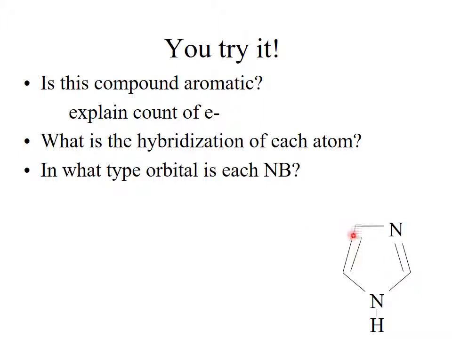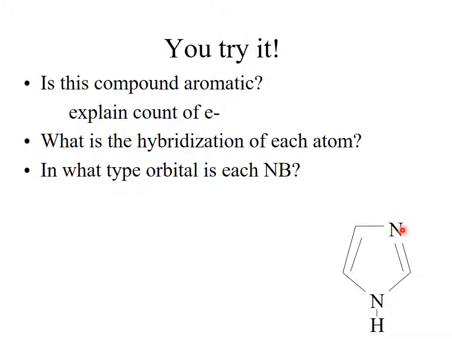Well, if I go over here, I can see this atom, this one, and this one all are in a double bond. So each one of those is providing 1 electron. That's 4. This one isn't in a double bond, so it must be providing a non-bonding pair. So 2 electrons. 1, 2, 3, 4, 5, 6. It's aromatic. If I look at this nitrogen, because it has a double bond on it, its non-bonding pair is